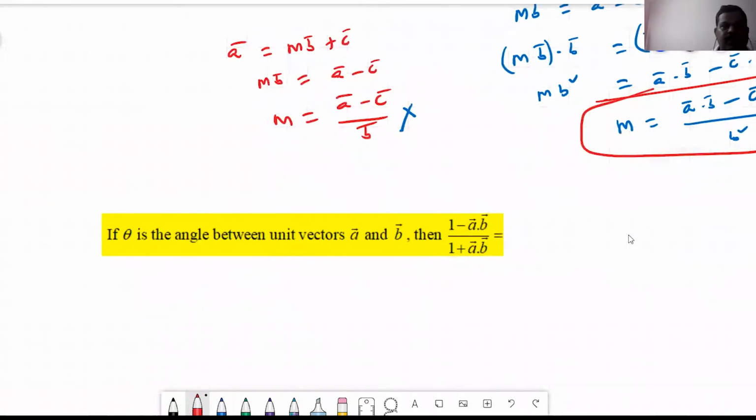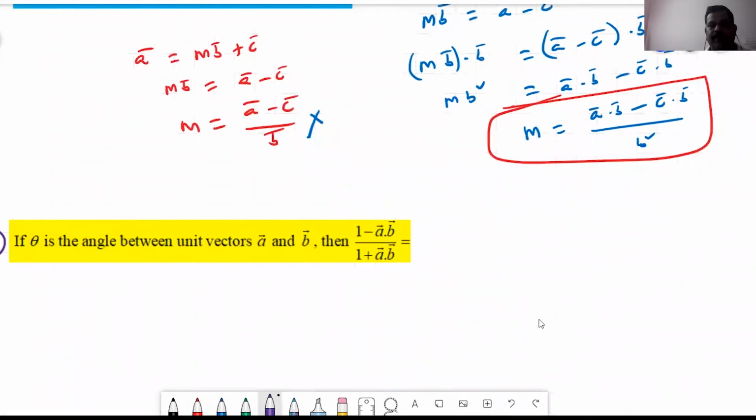Now let's see the third one, which is again a very simple problem. Let's say the third question. If theta is the angle between unit vectors A bar and B bar, then it is asking what is A bar minus B bar by A bar plus B bar. So very simple. So this is a dot product. So I can write 1 minus AB cos theta, whole upon 1 plus AB cos theta, which is equal to,